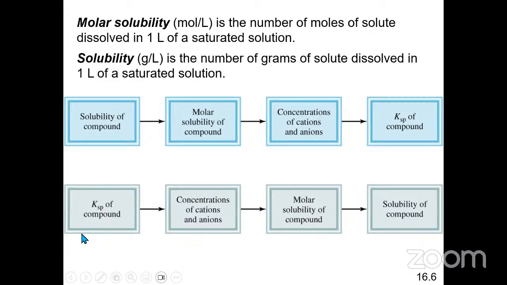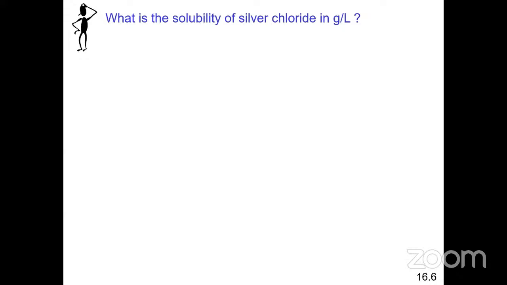So you can go from KSP to get the concentration of the anions and cations, again, using the balanced equation for the dissociation. And then from here to here, you can find the molar solubility by looking at the stoichiometry of the balanced equation. And then from here to here, you can multiply the molar solubility by the molar mass, and that will give you the solubility of the compound in grams per liter. All right. So just to illustrate how to do a problem of this type, this question says,